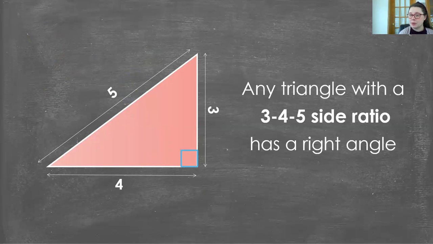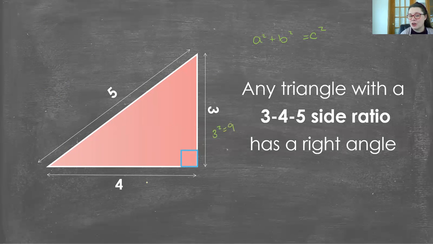So one of the things that they often use in trades, I'm not sure if it's used as much for your trade, but you could use it just as effectively. I do know it's used extensively for carpentry and those kinds of things, is the Pythagorean triple. So we're going to do a couple exercises with Pythagorean triple, and then we're going to go back to using the equation. So what Pythagoras said was, the smallest triangle that would meet his conditions for the equation of a squared plus b squared equals c squared is a triangle that has a 3, 4, 5 side ratio. 3 squared